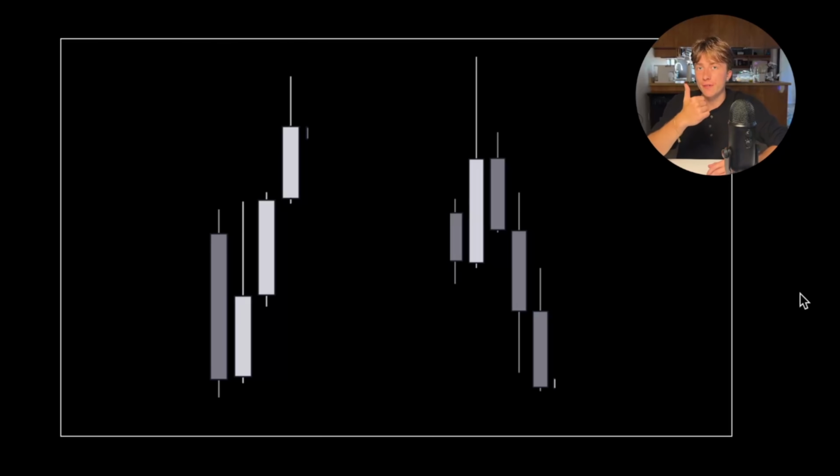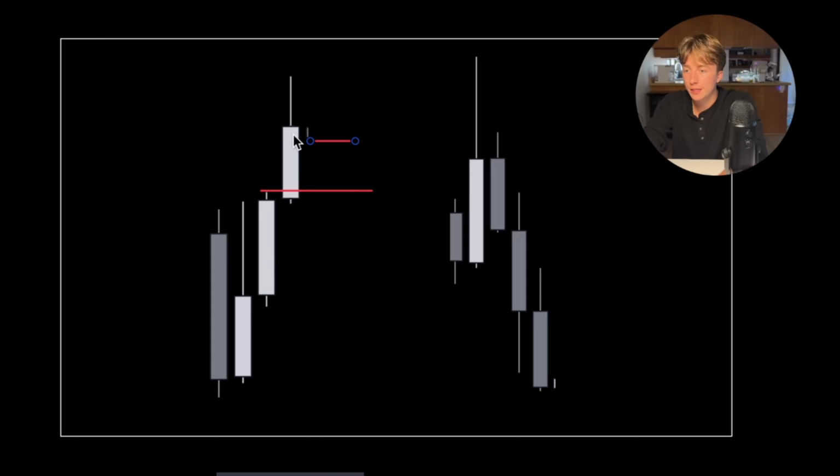So far we covered fair value gaps, order blocks, and liquidity. The next concept is a much more complex one, but this one is definitely worth learning and understanding because it will give you so many more entry opportunities with fair value gaps. And I don't know if you realize, but there are fair value gaps in both of these moves.